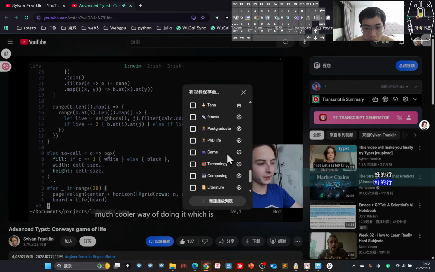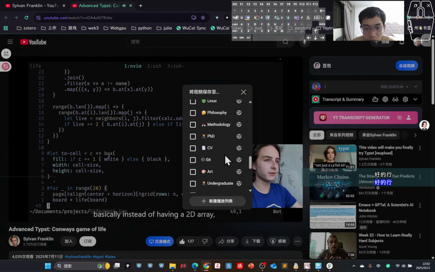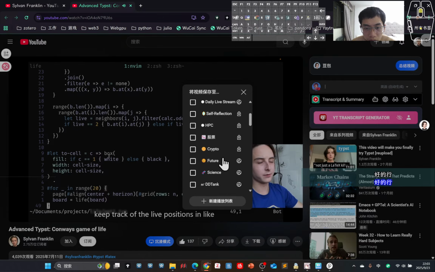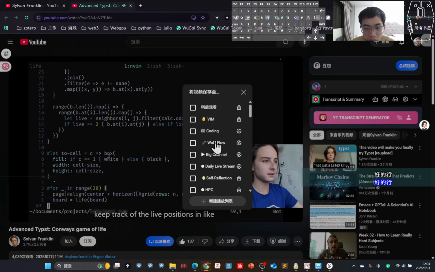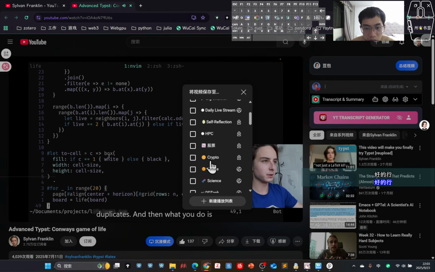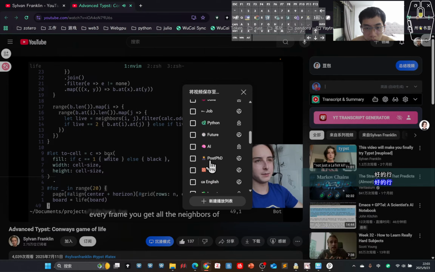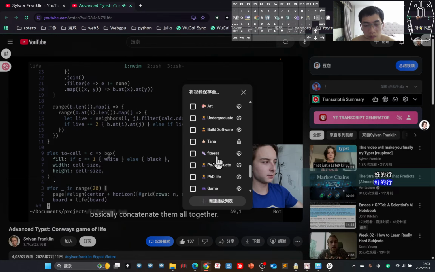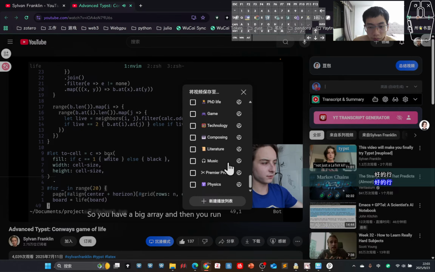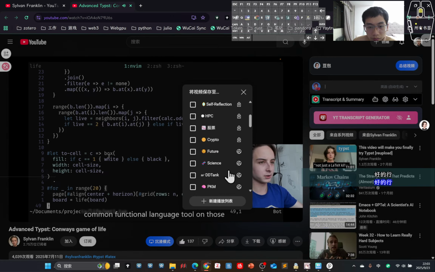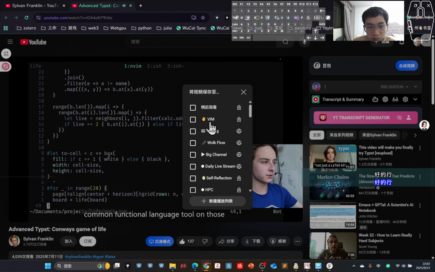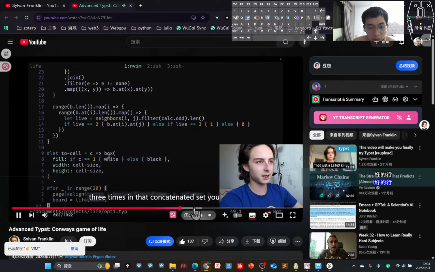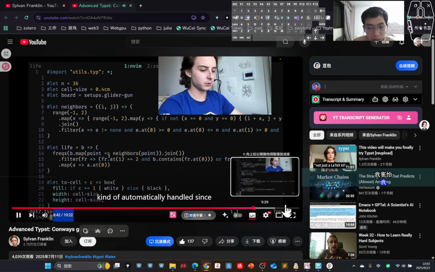And they have a much cooler way of doing it, which is basically instead of having a 2D array keeping track of all the positions and what they are, you only keep track of the live positions in a hash set so that there's no duplicates. And then every frame you get all the neighbors of those live positions, and you concatenate them all together so you have a big array, and then you run frequencies, which is a pretty common functional language tool, on those things. And if you get a neighbor 3 times in that concatenated set, you know that it's